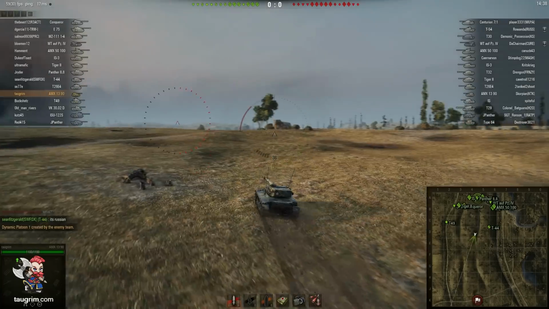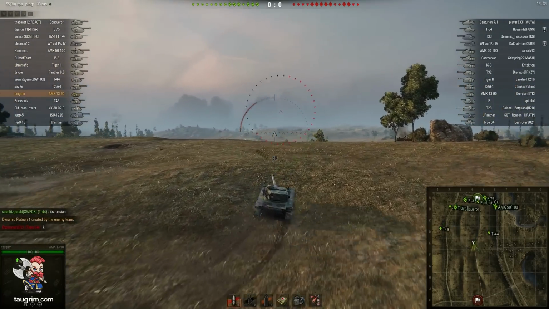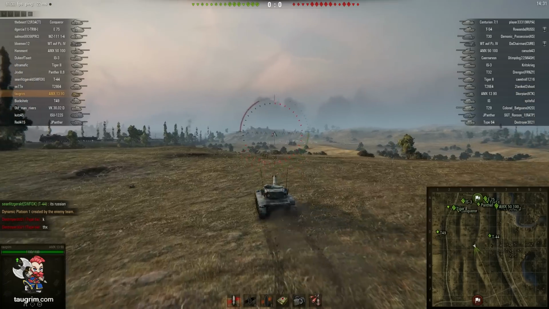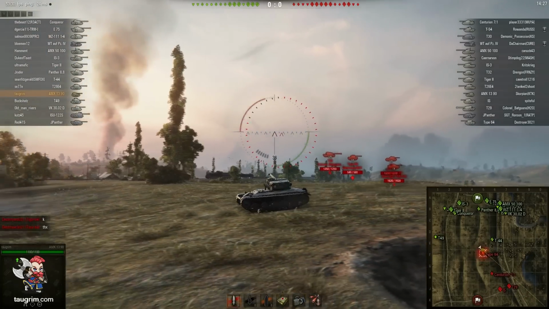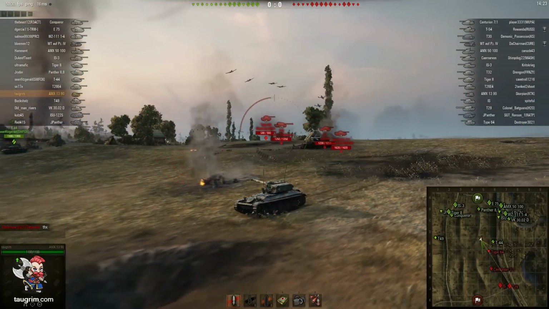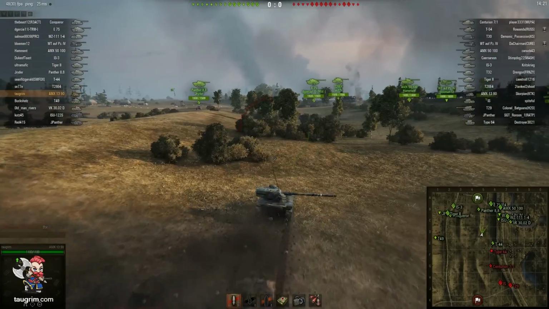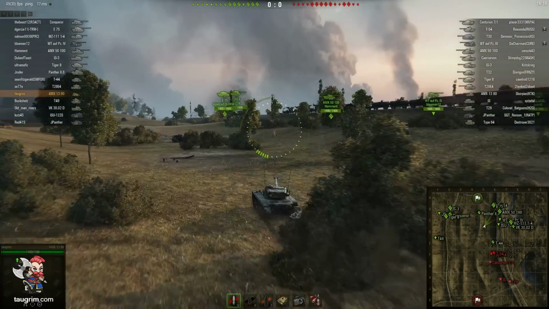And to do this safely, what you'll want to do is get up to max speed and then cut hard parallel to the crest like I'm doing here. So I'm only exposing my turret for a brief period of time, and I'm going laterally relative to those tanks at 45 to 50 kilometers per hour. So basically I'm almost impossible to hit. Even if the players knew that I was there, they're going to have a hard time hitting me because I'm